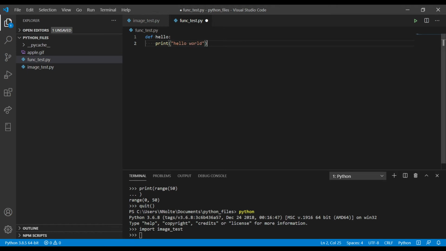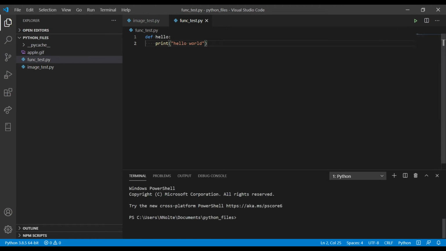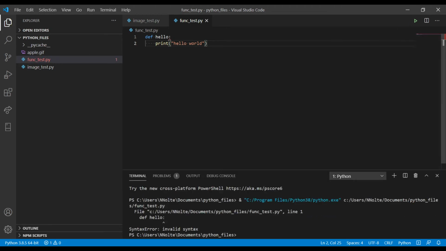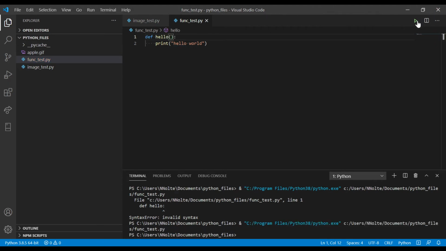Just by running this by itself, let me get rid of this terminal here. It's not going to do anything because there's nothing it has to do. It's going to give me an error because I got the syntax wrong. But if I wanted to run this function, I could call the function in the file so that it would run,